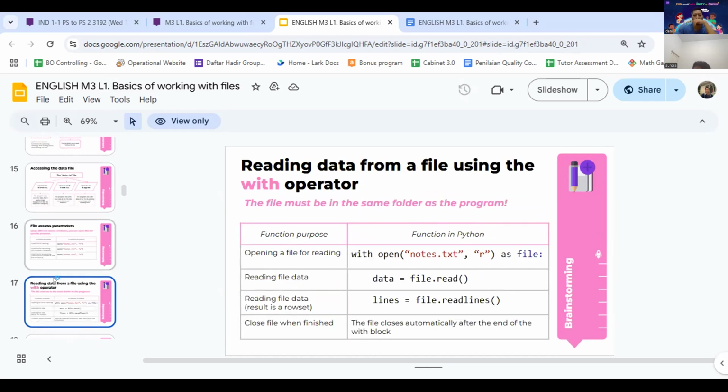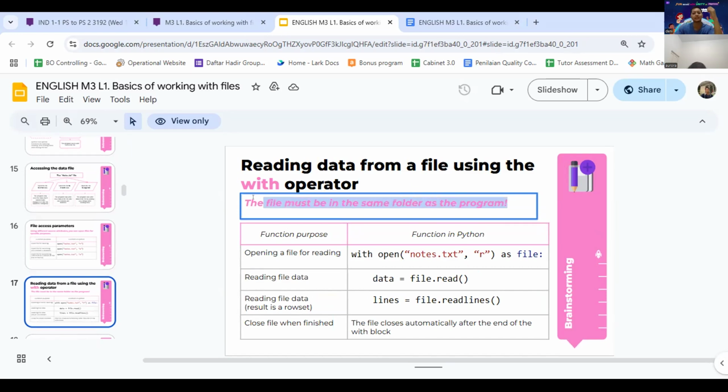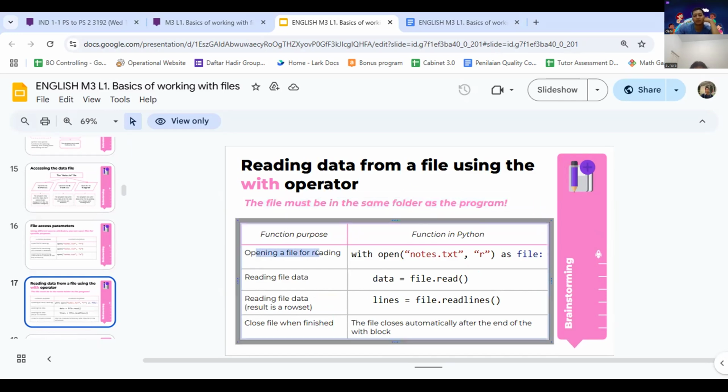Now, the file must be in the same folder as the program. When you want to open a file, just type with open and then the file name and then the letter, R, W or A, or just R for reading the data.